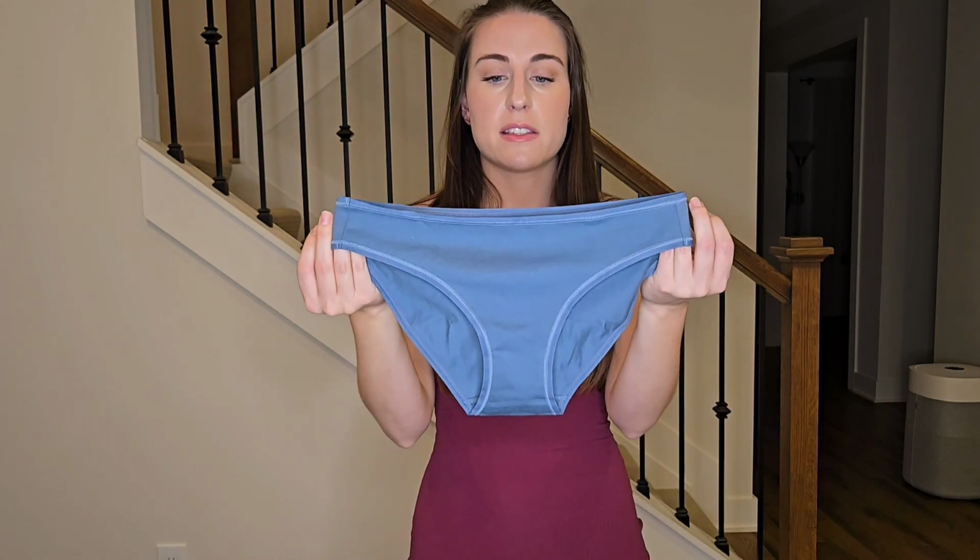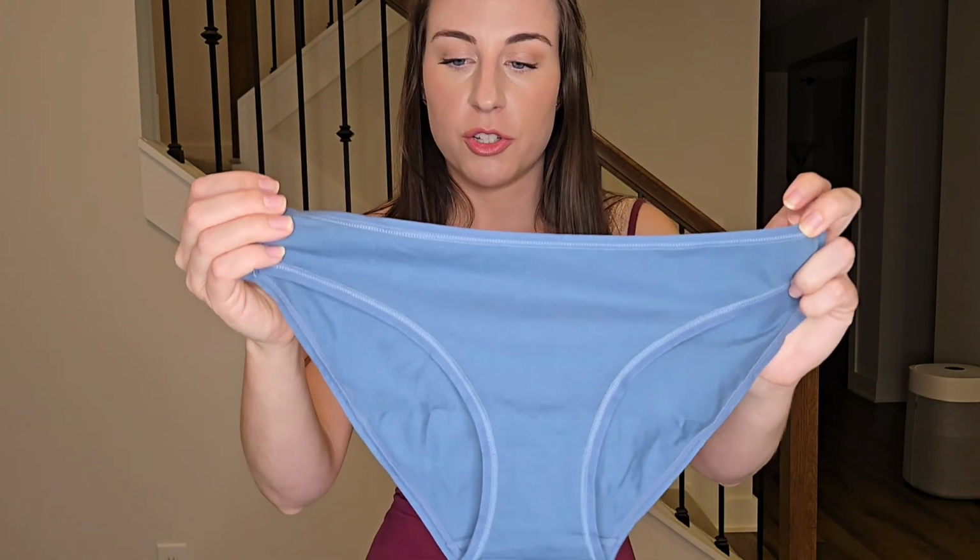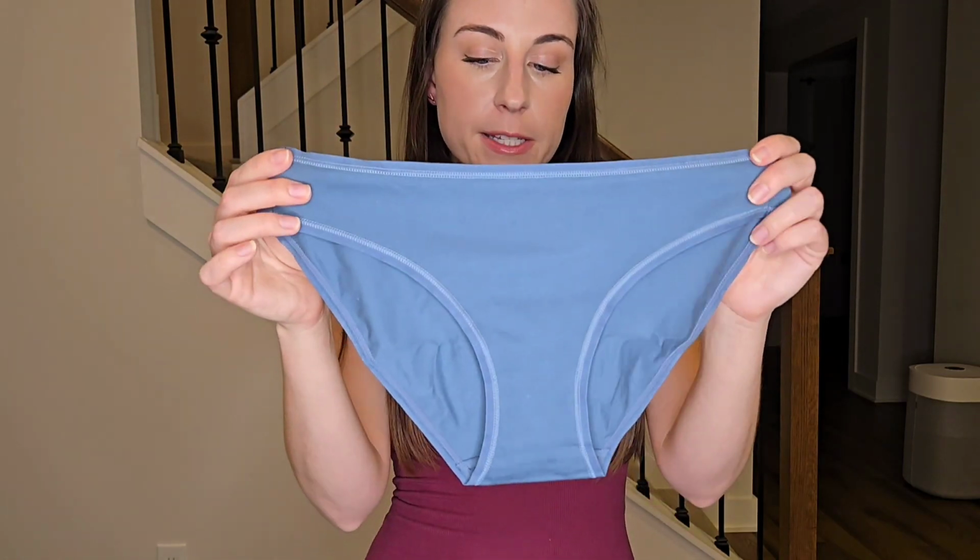Now, I will say for the underwear, I don't feel like these underwear are as good as the Skims brand, but keep in mind the Skims underwear are literally $30 to $40 per pair for one pair, which is outrageous. Although it is really good quality, but I can't justify spending that much. Although I found some on sale, so that's how I know the quality of it. But anyways,